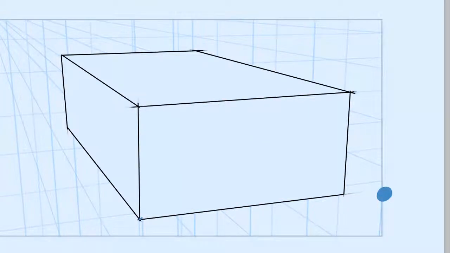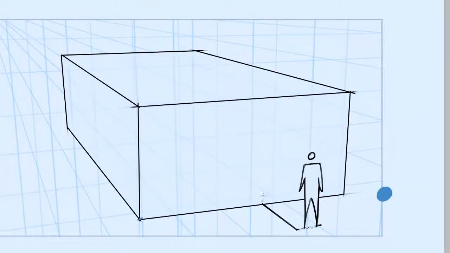So, for instance, if you had a person in your illustration, you want all the people in your illustration to be the right size. If one person was way too big, it just wouldn't look right. So let's figure out how to measure to put another person or two into this scene. What I'm going to do is take where he's standing, and I'm going to project that back towards the building, and then I'm going to pull a vertical,